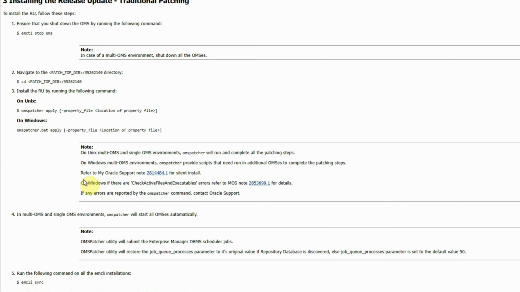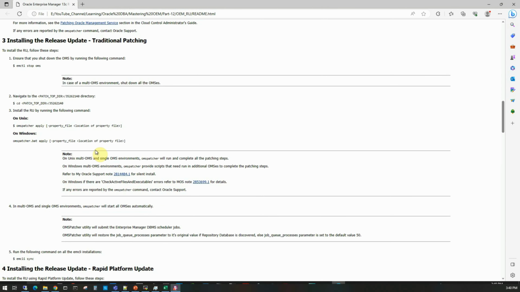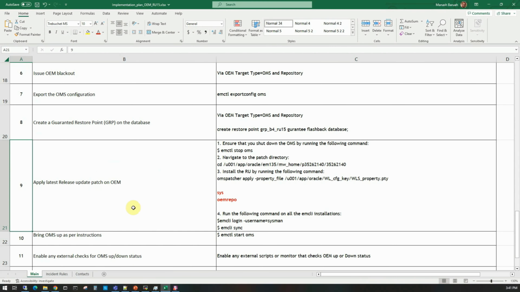These steps, along with some additional precautionary steps, I am putting in the Excel document that I prepared for you. But if there is any additional step given in the readme.html file, then you have to incorporate that into your actual implementation plan. At this point, there is nothing additional, so we will go back to our Excel document